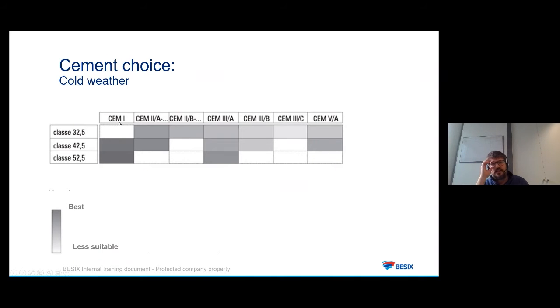Actually, the idea behind this is you have to use a cement that is going to react really fast and maybe even produce a little bit of heat to be able to use it when it's cold. That's why we prefer to go for SEM 1, which is only OPC with a strength class